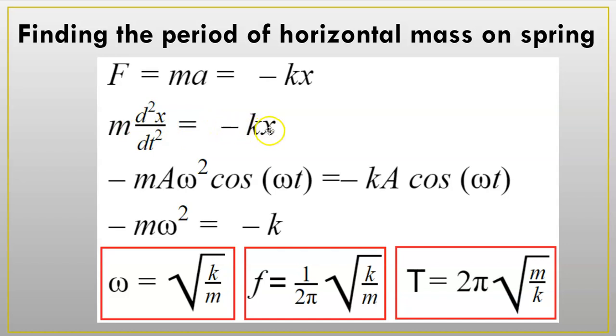But that's equal to negative kx, as it was up here. I fill in right there for a, and I've got it over here for x. And notice that cosine omega t is going to cancel cosine omega t, and the A cancels the A, so I end up with negative m omega squared equals negative k. All right. I could solve this thing for omega. I'd have to divide both sides by negative m. The negatives would cancel. I'd have k over m. That would be omega squared, so I'd want to take the square root of both sides, and then